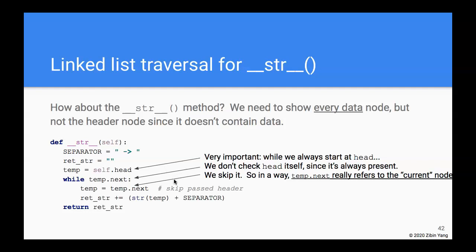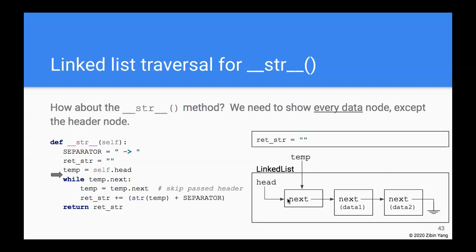Right, so let's actually see how it works by stepping through an example here. So here the linked list just has two nodes that will eventually hold data. Okay, so we're going to start with temp pointing to the head. So that's that. And when we do this check, temp.next, that's true. So we come in here, temp has been moved to the temp.next. So it's already pointing to the first node that actually will hold data, and it's going to add that